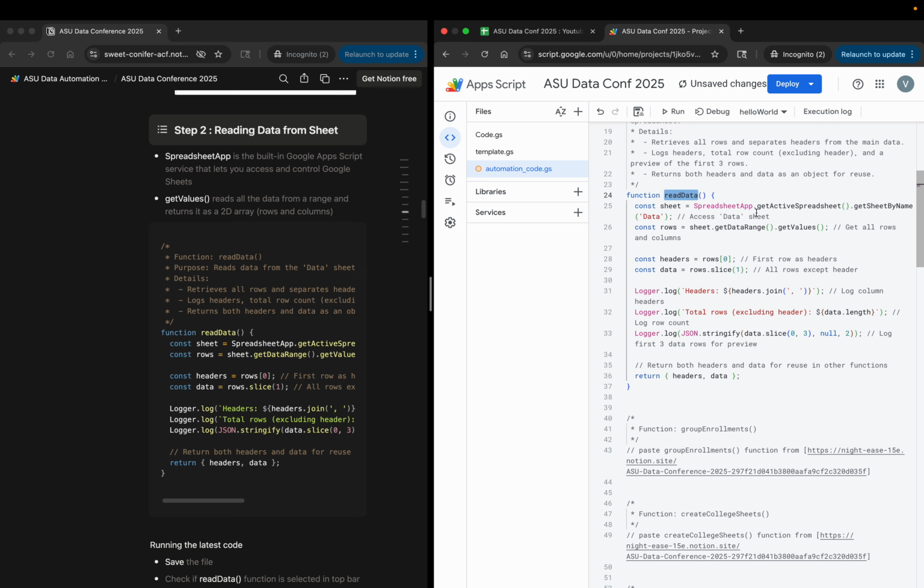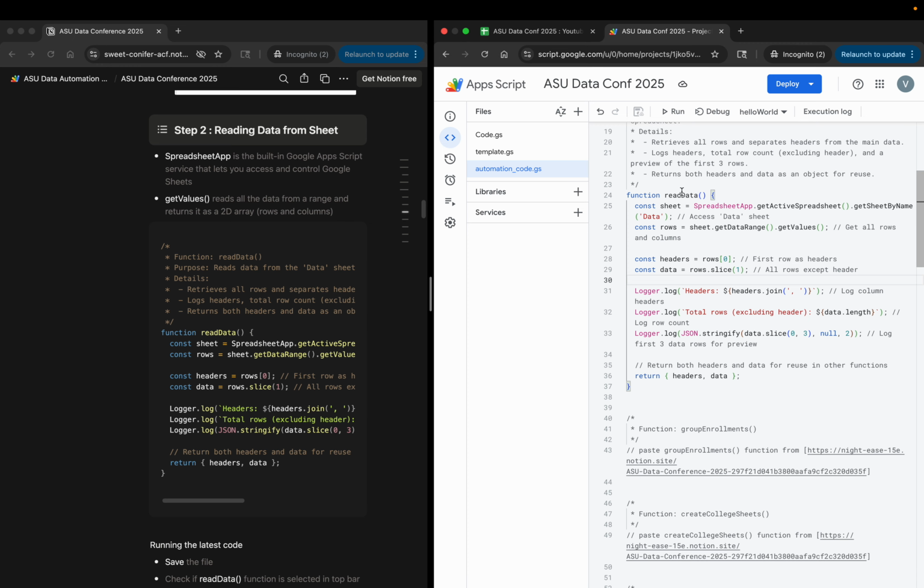Remember, read data is first fetching all the data from your Google Sheets and then printing some rows from the data. Now, in order to run this function, I need to make sure that my file is saved. You can see either here it is mentioned the file has unsaved changes, or you can see this orange icon which shows that the file has unsaved changes. So I will click save button, and the notifications changed here.